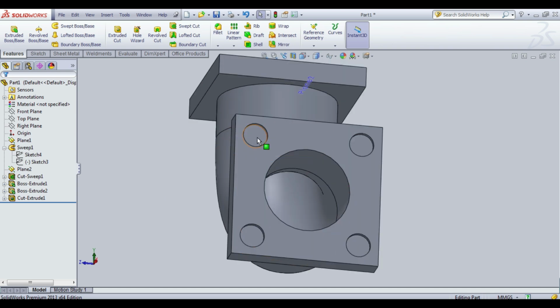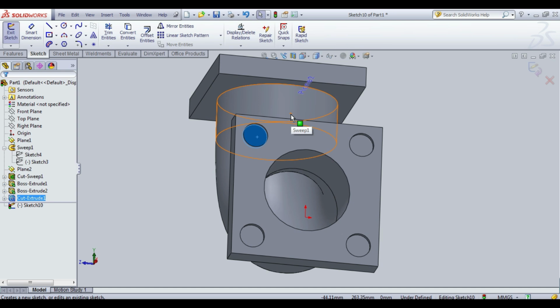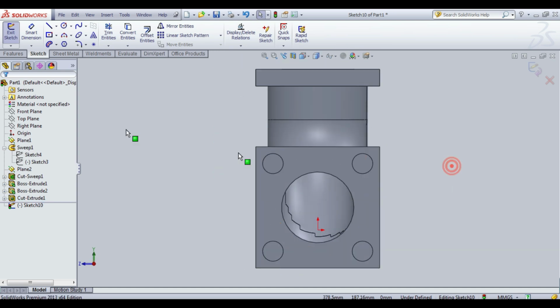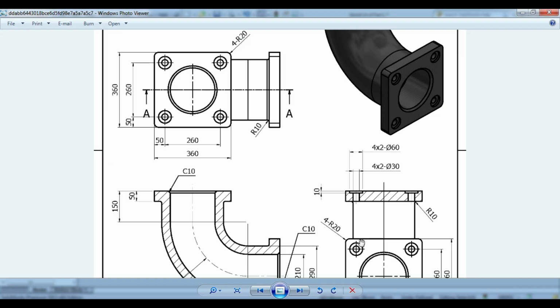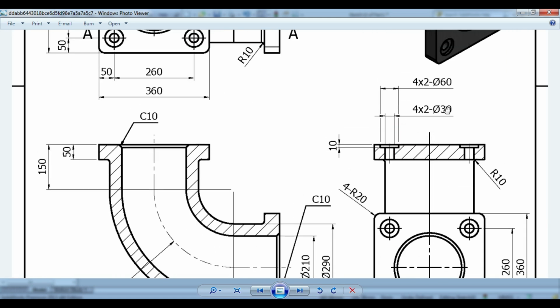After that, again click that face. Again holes of 30 dia for full depth. Okay.